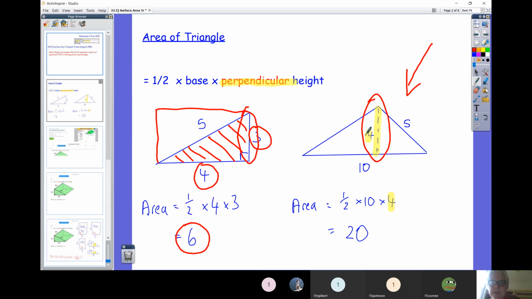Over here, the perpendicular height is the 4. So working out the area of this triangle over here, you would do half times 10 times 4. The 5 is a red herring. That is not part of the equation to work out the area of a triangle. You want the perpendicular height, that's the height straight up, not the diagonal height. Okay,